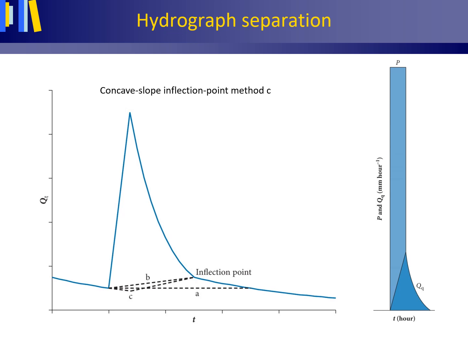The concave slope inflection point method C assumes a continued decrease in base flow during the rising limb of the hydrograph and projects the declining antecedent baseflow recession prior to the precipitation event to directly under the hydrograph peak. The minimum obtained this way is then connected to the lowest inflection point on the recession curve.